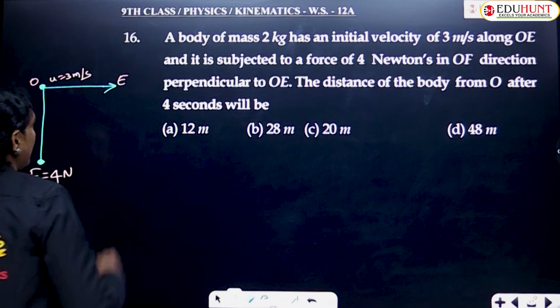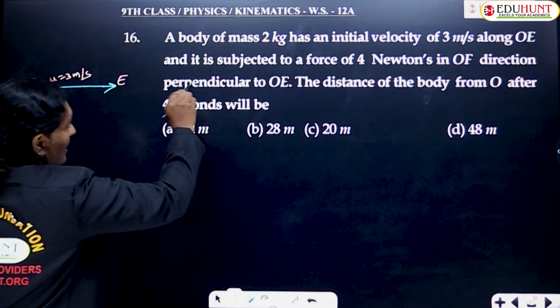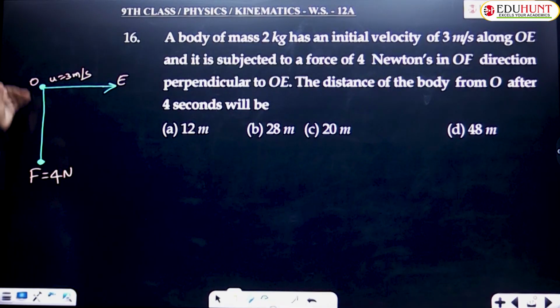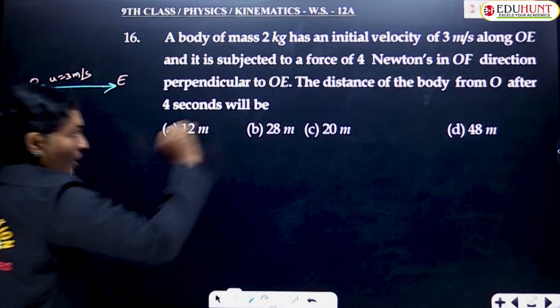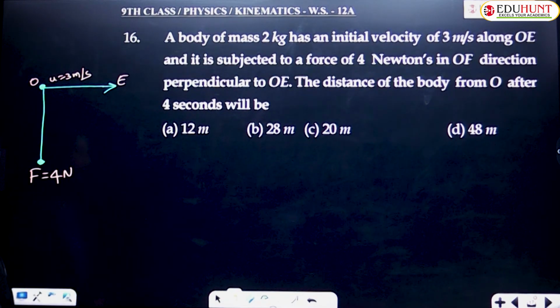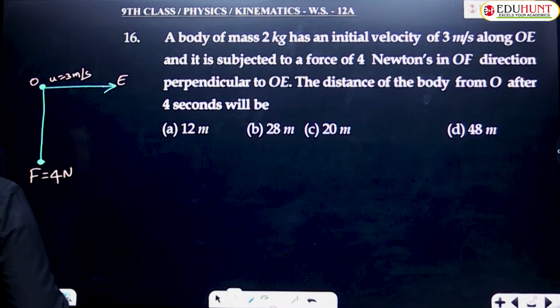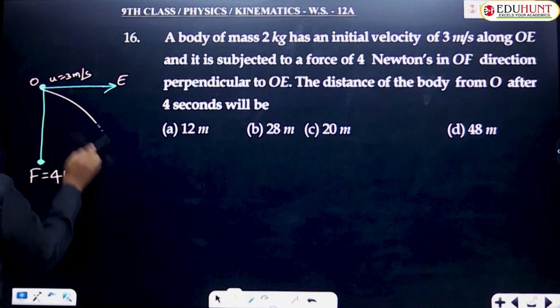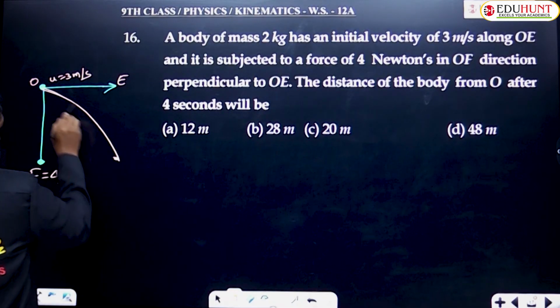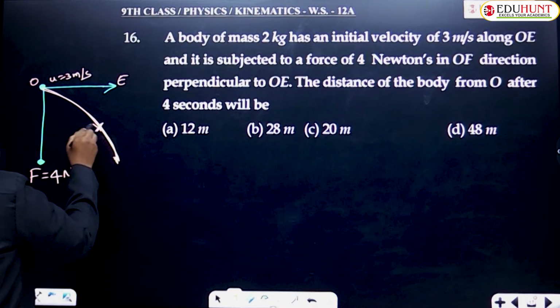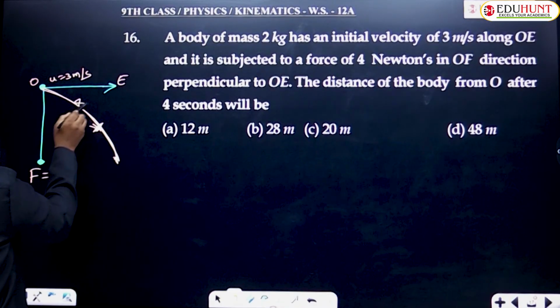So, very clear that this body is having horizontal velocity as well as vertical velocity. The body is traveling along the horizontal direction as well as the vertical direction. Then the net distance covered by the body will be something like this. Then you're asked to find out, on its path after 4 seconds, maybe somewhere here,